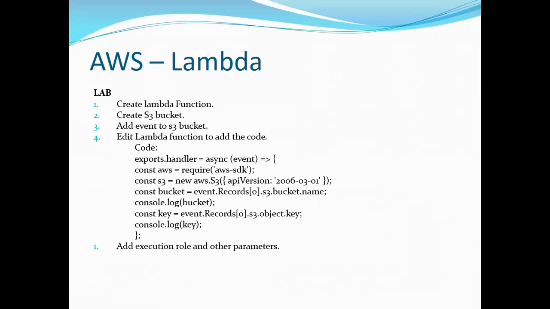And also we need to add an execution role and other parameters. So for the Lambda function, we need to add the execution role that we will see. So once we, let's log into AWS root account, and